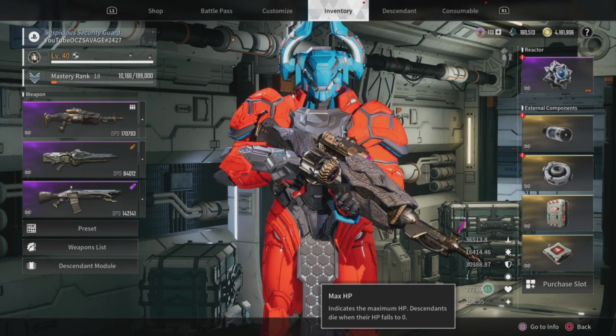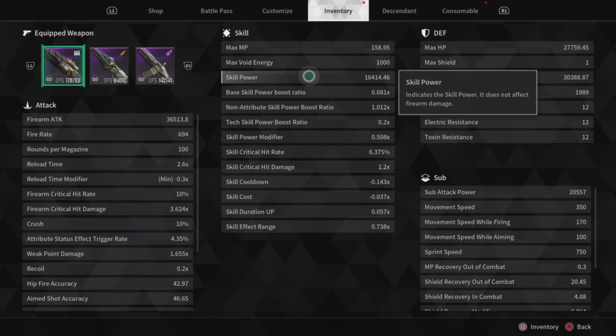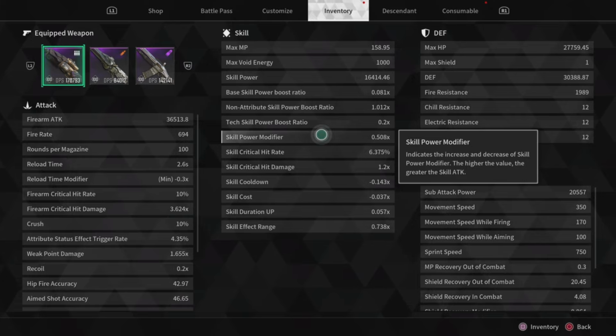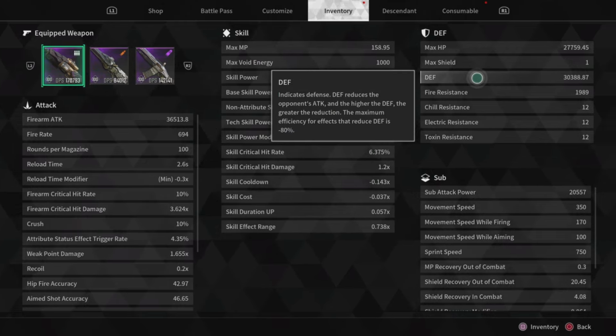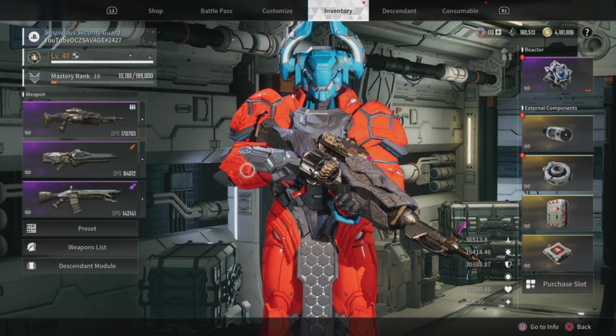So right now I'm in Albion. If you're looking at the stats, it shows 27k max HP, 30k defense. What I've actually come to find out is that when you're in Albion, it doesn't even show your full HP and defense. It only shows about half of it. Now, the skill power, your tech boost ratio, power modifier, all of that is correct. But when you're in Albion, the max HP and the max defense specifically is only showing, I think, about 3/4